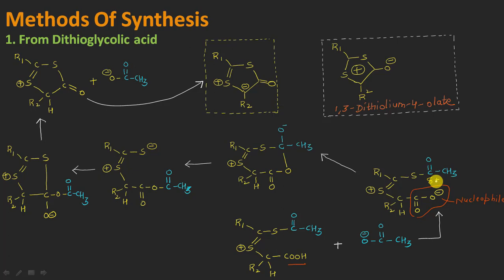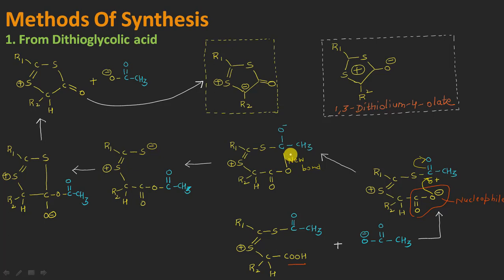It will be the attack of this oxygen negative on this carbonyl here, sending these electrons onto the oxygen atom, such that now it will be having oxygen negative and a single bond, and moreover a new bond will now be formed here in this way in between the oxygen, that is the attacking nucleophile, and this carbon atom here, that was the electrophilic site of this molecule, right? And you can see here that it is resulting in the formation of a ring type of structure.